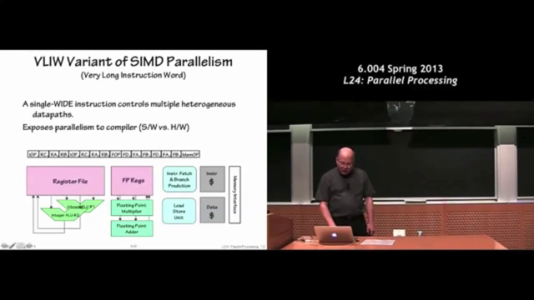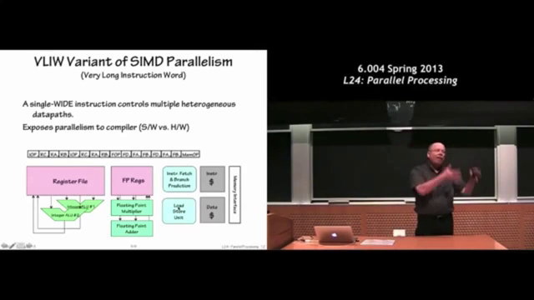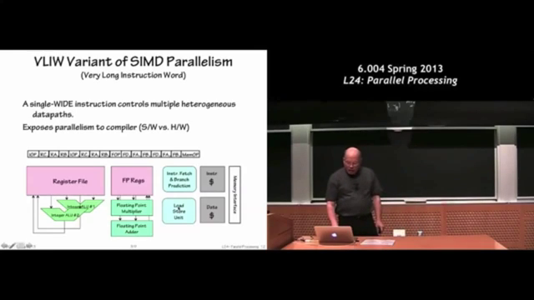I have, you know, a couple integer units. I have a floating point multiplier. I have a floating point adder. I have all these guys. What I'm going to do is, instead of building this hairy piece of hardware that takes a simple program and says, okay, you first functional unit, you do this add, and here's another add the second guy can do, and so forth and so on. Instead of having the hardware figure that out,